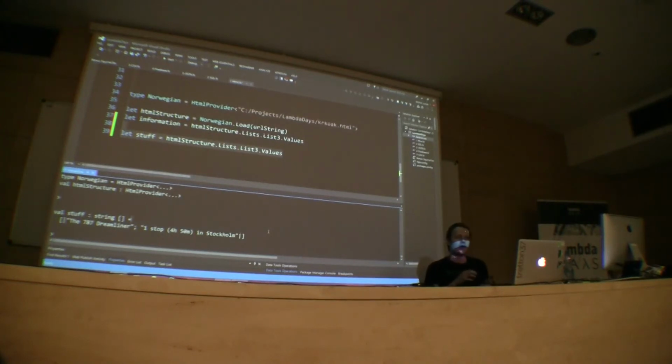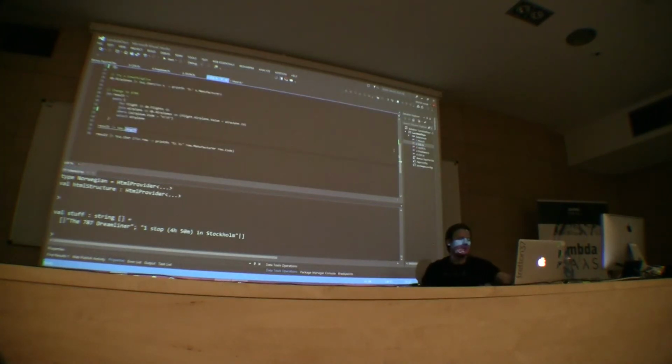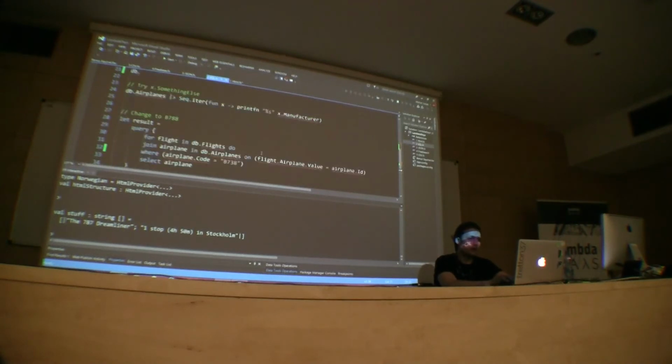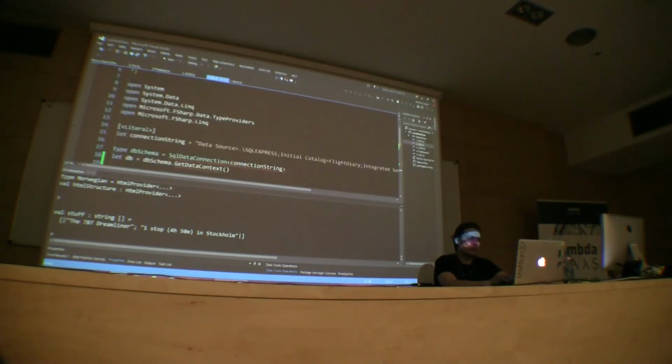So first thing I want to do, I have my own database of flights I've done before. So I will first look in the flights I've done before, if I flew this plane, if I feel safe in it. So I use the SQL type provider for this, I have my own database where I keep my planes. So I'm going to load it.